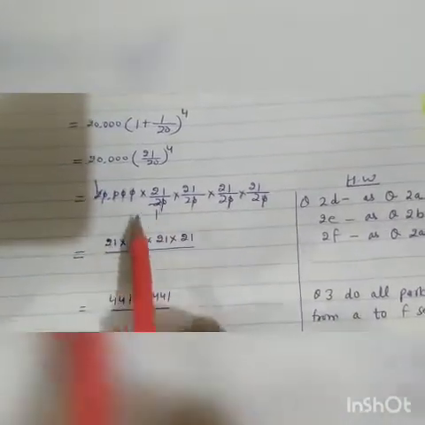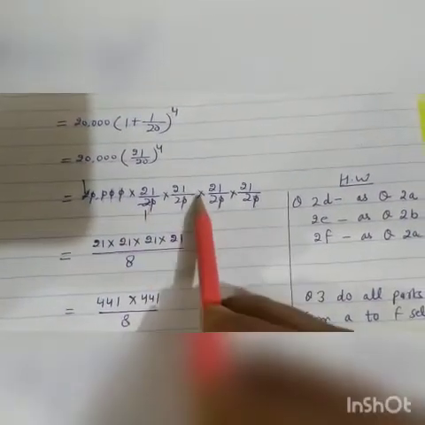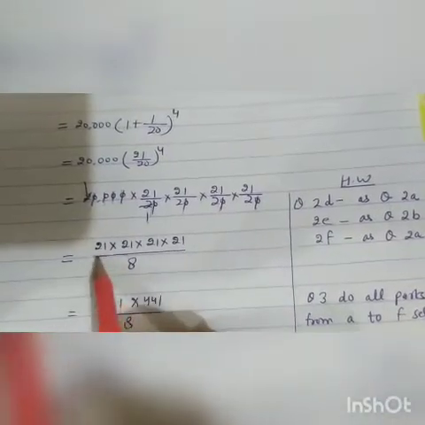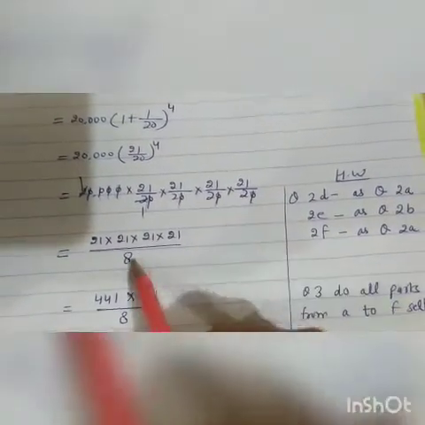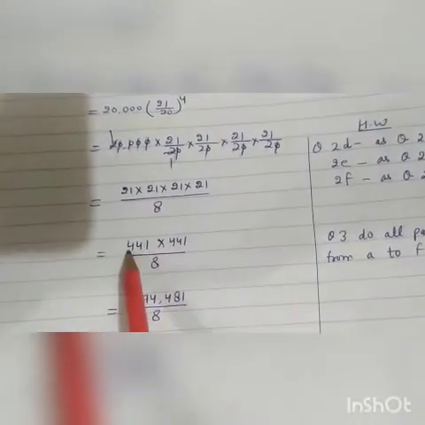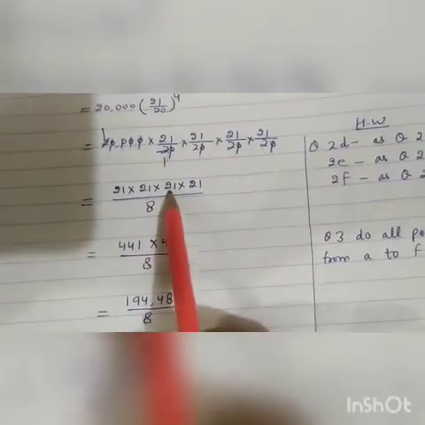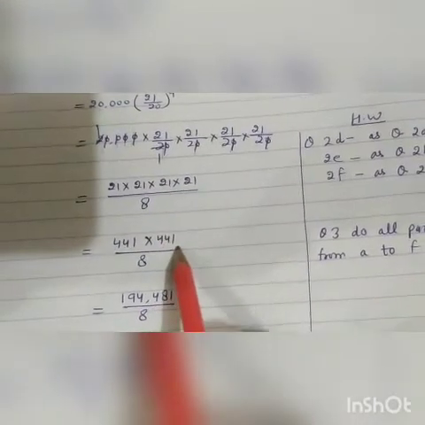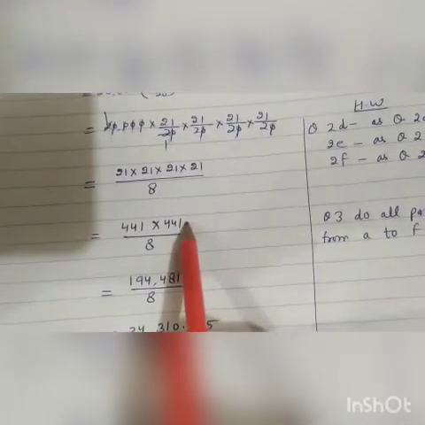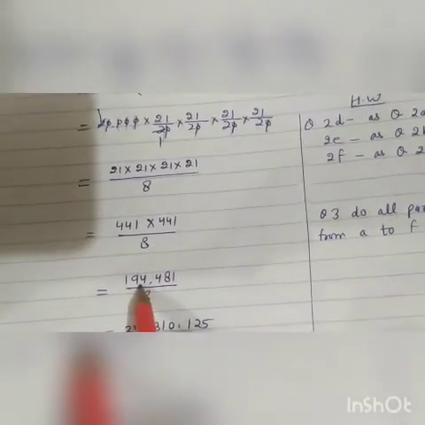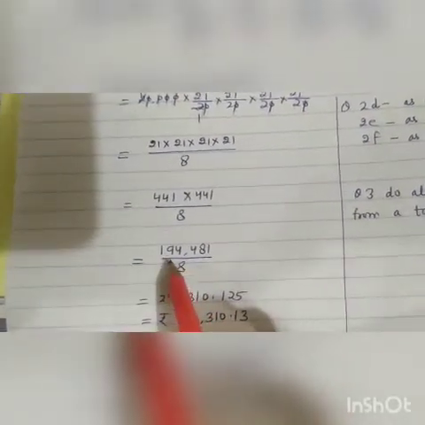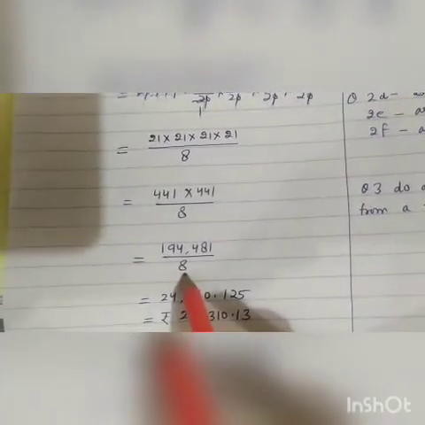Now 21 multiplied by 21 multiplied by 21 multiplied by 21 upon 2 twos are 4, 4 twos are 8. Now 21 multiplied by 21 is 441. 441 upon 8. When we multiply 441 and 441 we get 1,94,481 upon 8, and when we divide this number by 8 we get